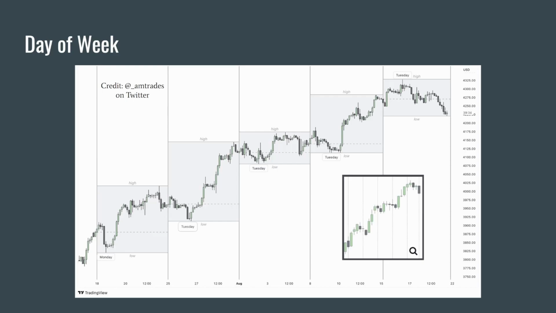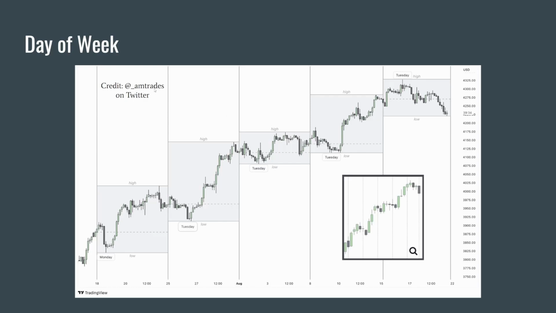I just wanted to add this chart at the end here because this was a really good description of that previous slide where price is likely to create the low of the week on a Monday, Tuesday, or Wednesday, often a Tuesday, as you can see from this chart here. So what we were actually looking at this whole time was the low created right here. Before that, we had a low on Monday, then Tuesday, Tuesday, Tuesday,